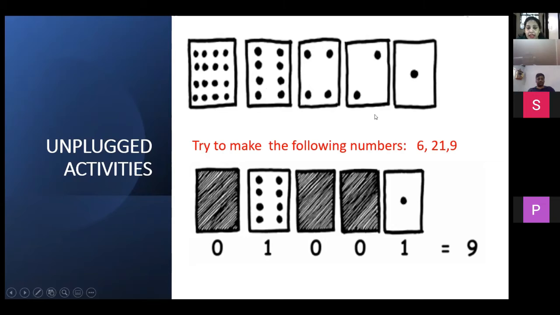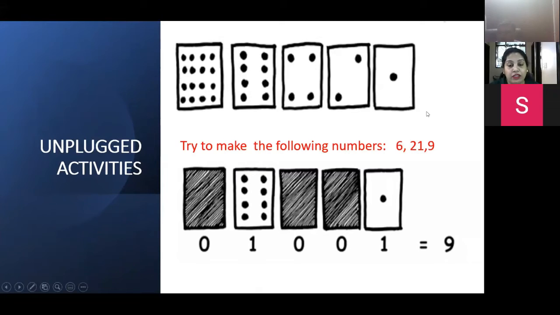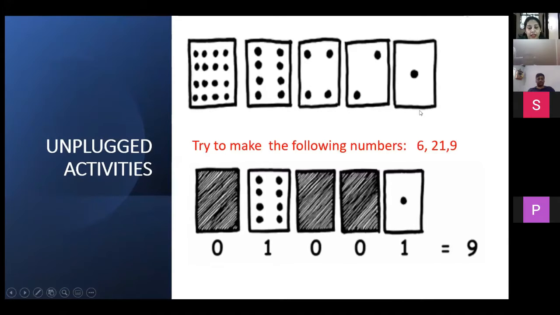So this is an activity that will help the students to think and visualize. You have given the specific cards, and this is critical thinking that is actually going to enhance their coding skills. This type of activity is known as an unplugged activity because we are not going to use any computer or any computing device for this. It is only pen and paper that we are going to use, and you can do this activity.